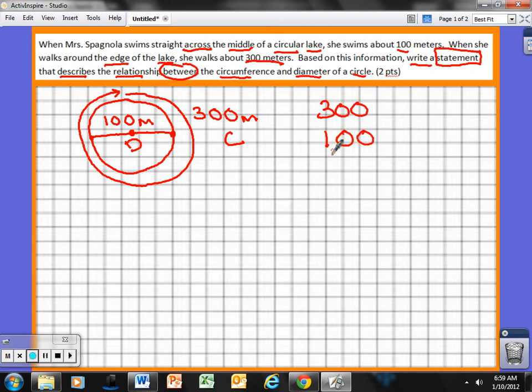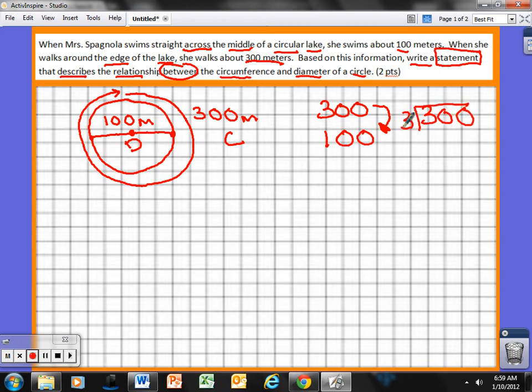Well, I know that 300 minus 100 is 200, but that's not really a relationship. I don't know if the circumference is always 200 greater than the diameter. Let's see here. How can I get from here to here? Because that's going to tell me more of a relationship. So adding 200, I don't know if that's going to be it. You know what? I think 300